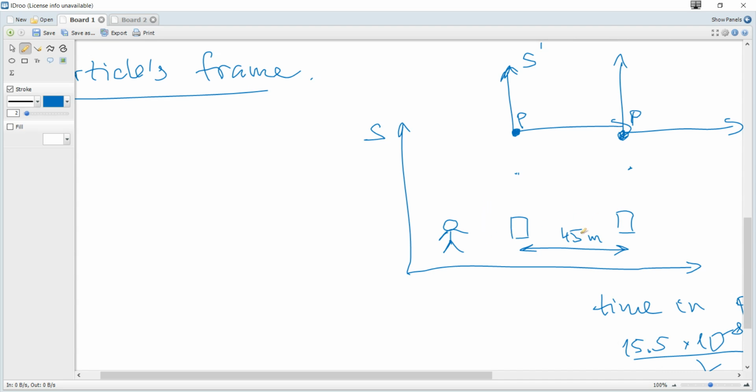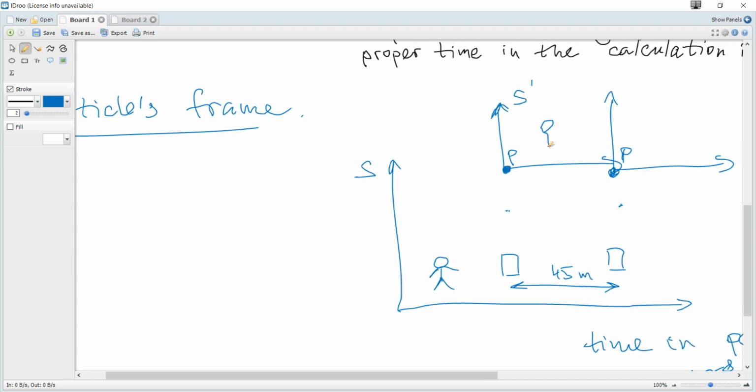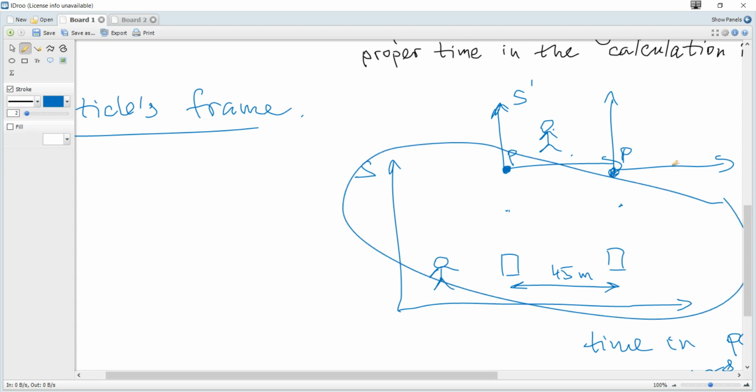The two detectors are stationary on the Earth or in the laboratory, so this distance measured by this observer will be proper length. But with respect to an observer in S prime, for this observer S prime is like stationary Earth, but all the laboratory is a moving reference frame, and some length measured in a moving reference frame by an observer in the stationary one,